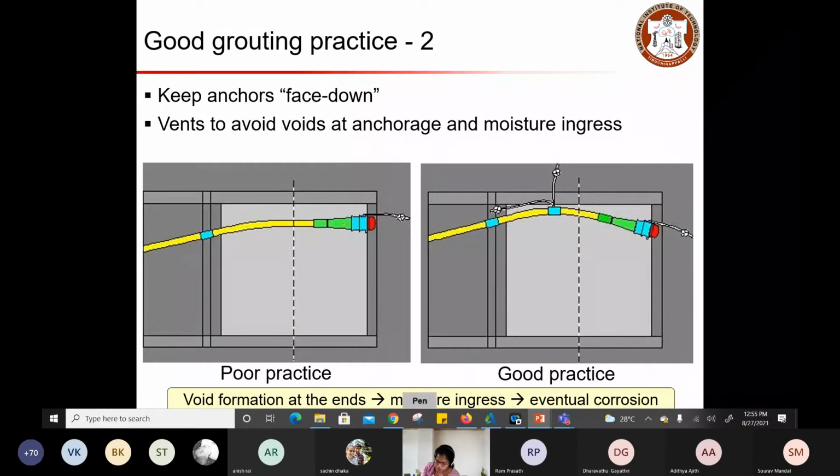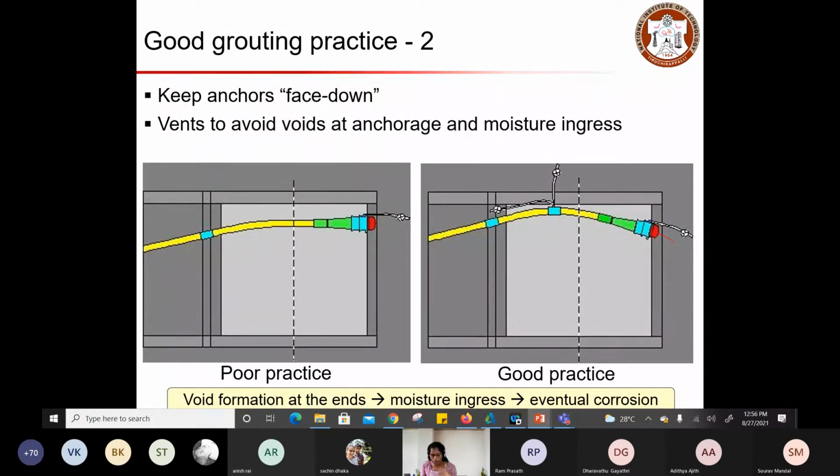Where you have these end anchorages and the duct placement in this horizontal profile, instead of this, if you slightly angle down your arrangement, then even if something enters into it, it cannot get into the actual system. So the water cannot enter into this highest point from the lowest point unless there is some pushing. But since this is going to increase, it cannot enter to that high level.